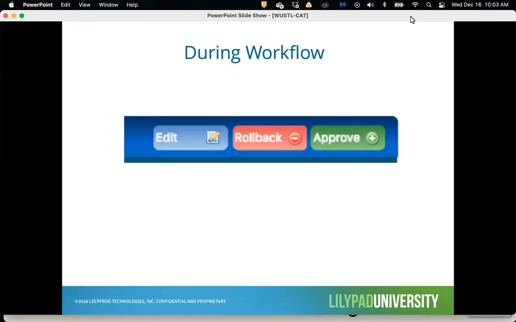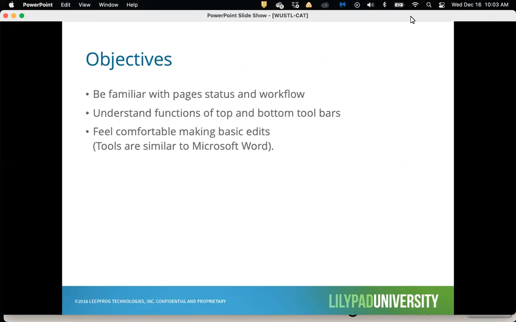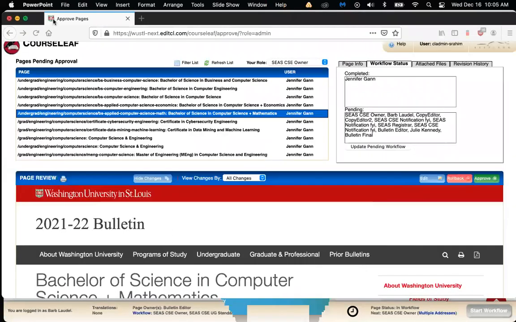And obviously approve is the one we would want you to click more often than not. And then really the whole point of this is just to be familiar with the interface, understand how to make basic edits and updates in the page body editor that I'll show you. All right, so with that, I'm just going to go ahead and go into